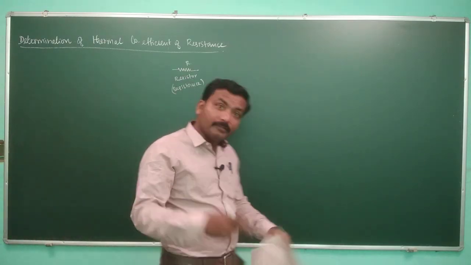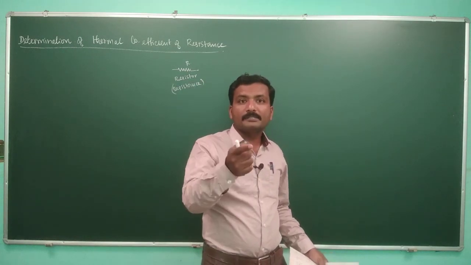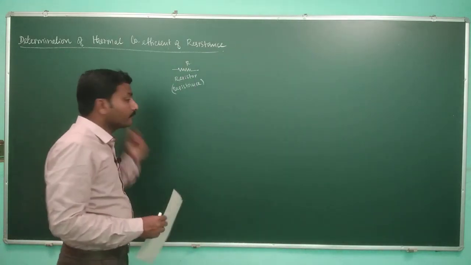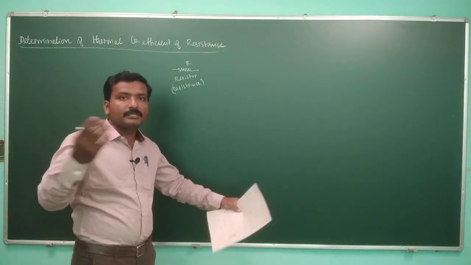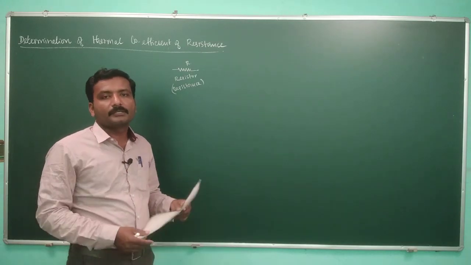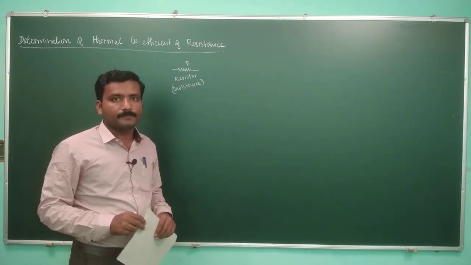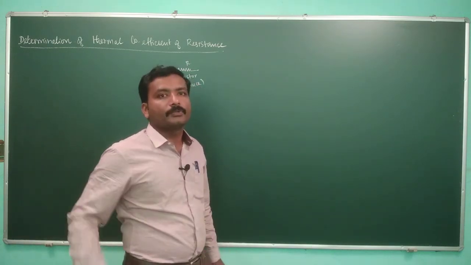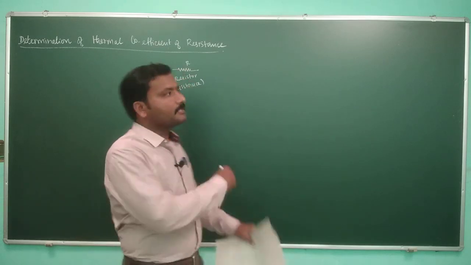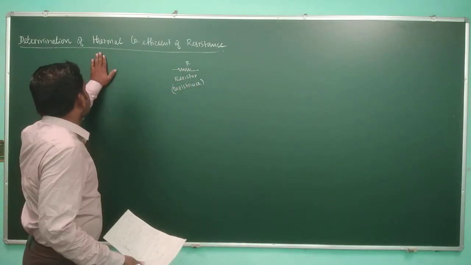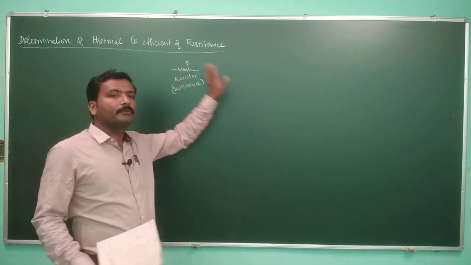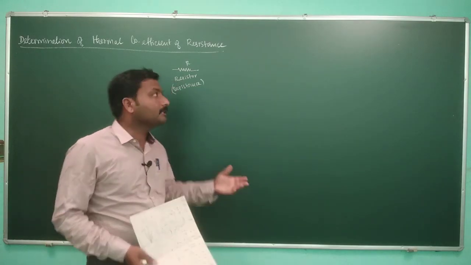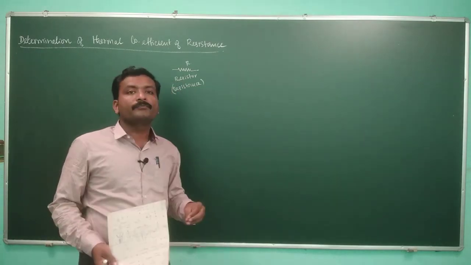This resistance will vary if you increase the temperature of the resistor. If you change the temperature, then the value of the resistor will also change. How will this change take place? If you ask such a question, you can precisely define it using the term thermal coefficient of a particular resistor. The resistor is made up of some materials, so from material to material, this thermal coefficient value will vary.